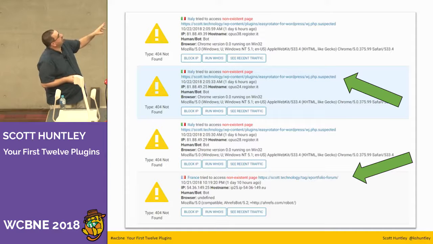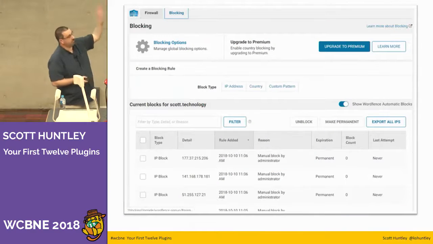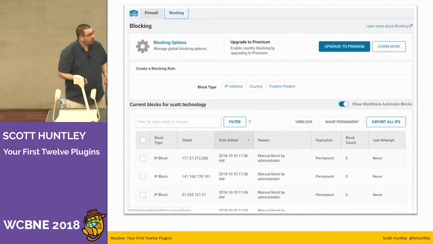These ones are a little bit scarier. They're looking for a specific file in the plugins folder, and that particular person's looking for a lot. That's somebody looking for a security vulnerability. That makes me panic, and what I do is I hit that button that says block IP, and that blocks that person from visiting my site, because they're probably trying to do something that I don't like. So you can actually see the blocked IPs. Really useful, I really like